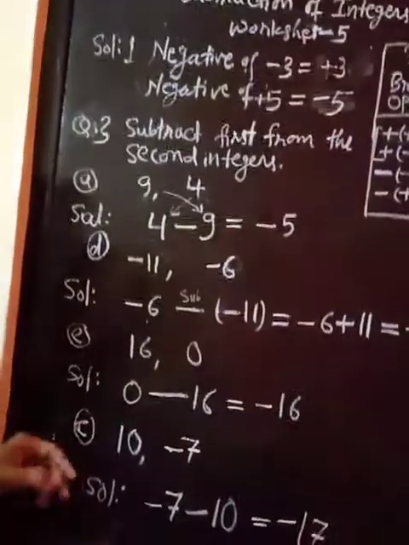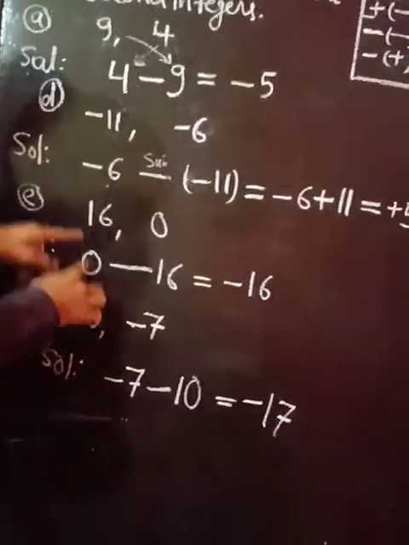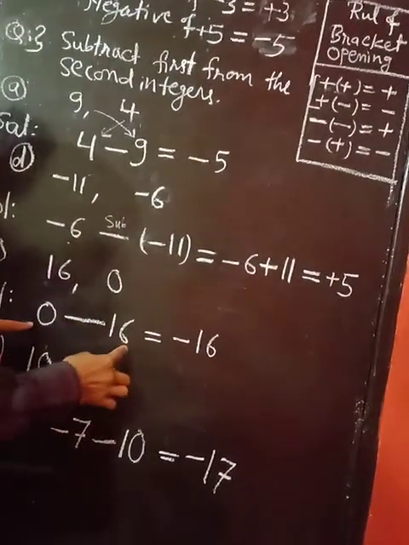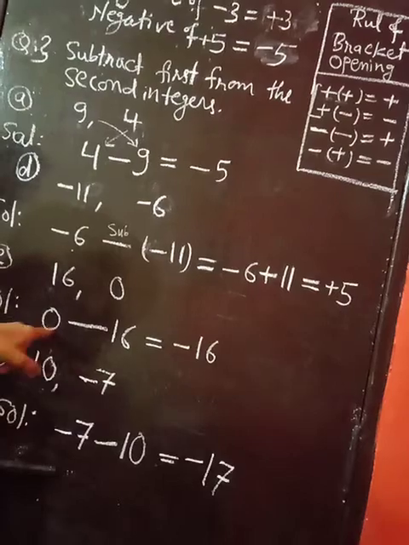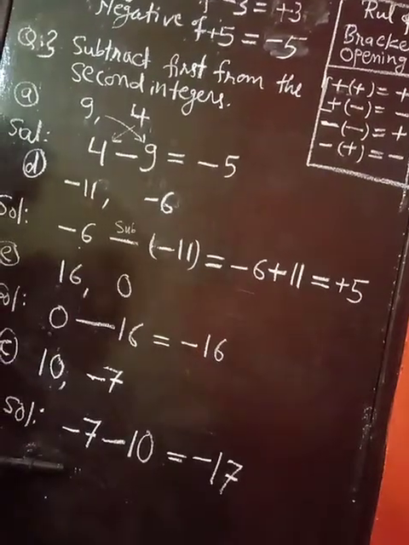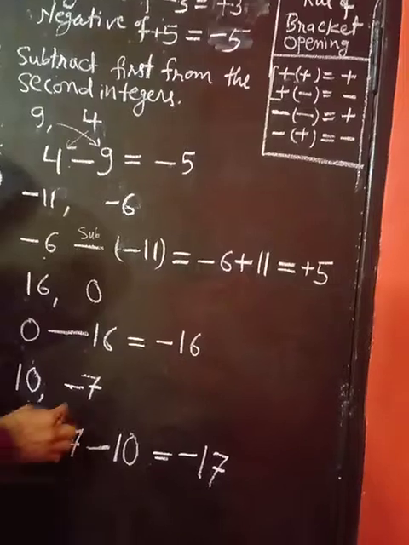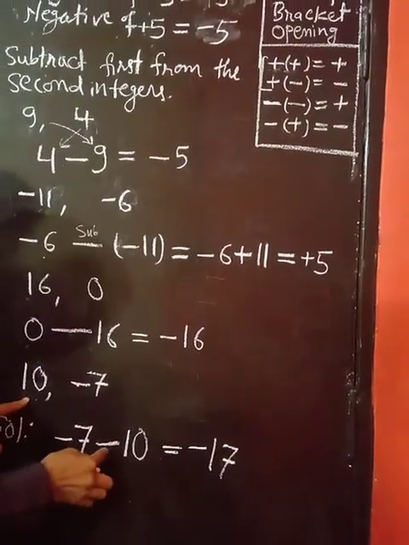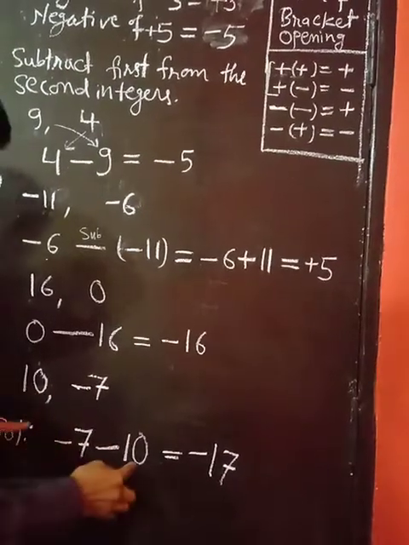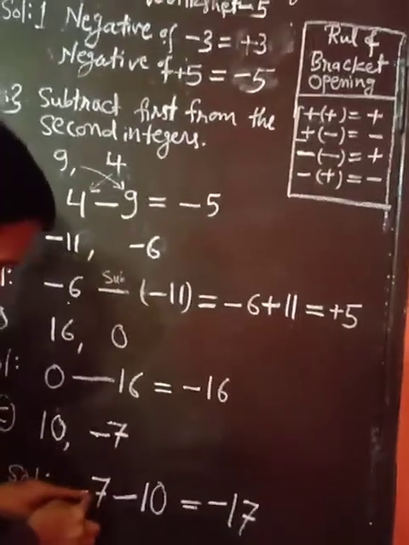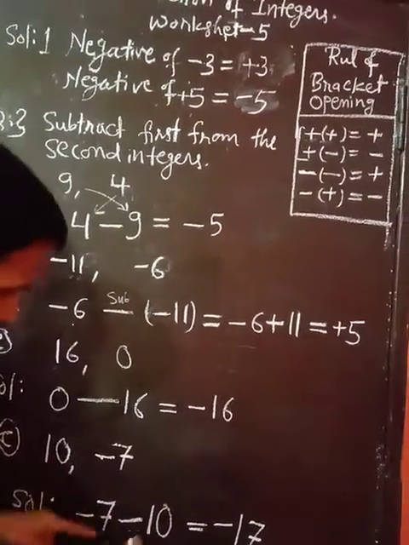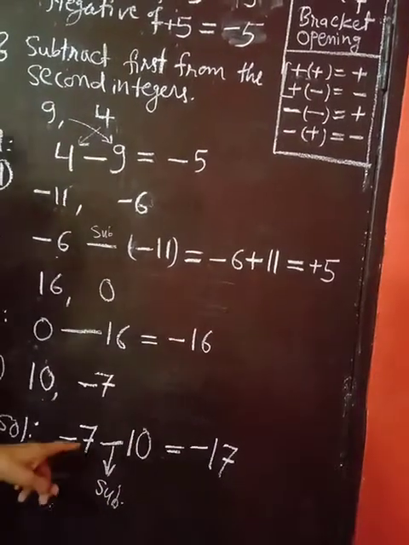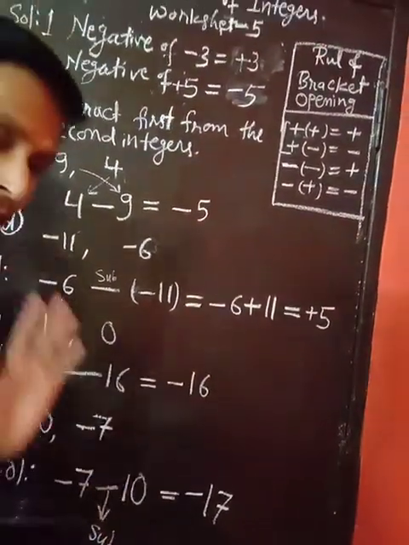Now see this once again. This second number will be written first, then the first number later on as per this statement. So 0 minus 16, again follow the rule. 0 minus 16 will be minus 16, very simple. Now next, again see, first we will write the second number, minus 7, and this sign is for subtract, and this is 10 only. So this is the first number, this is the second number, and this sign is for subtraction. Now you solve this, minus 7 and minus 10.